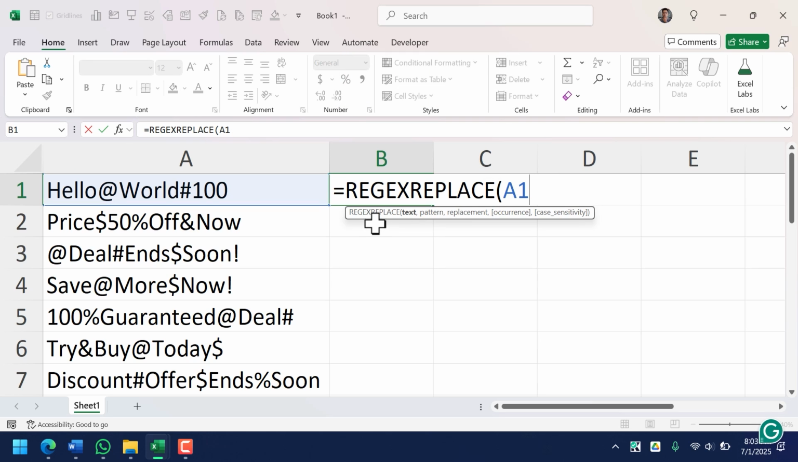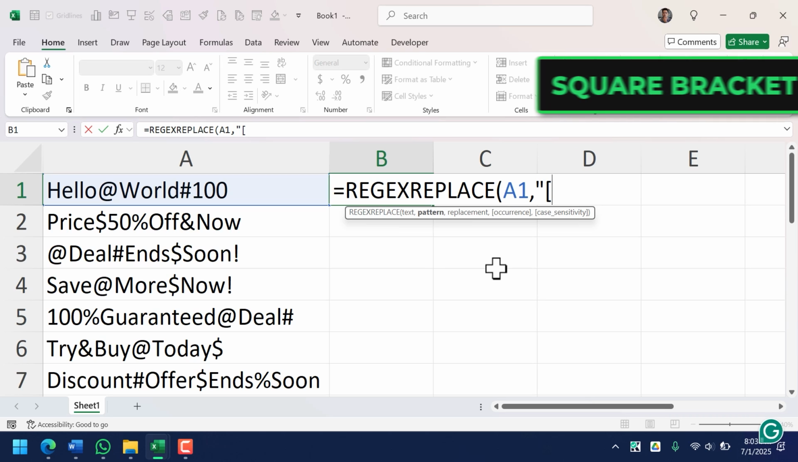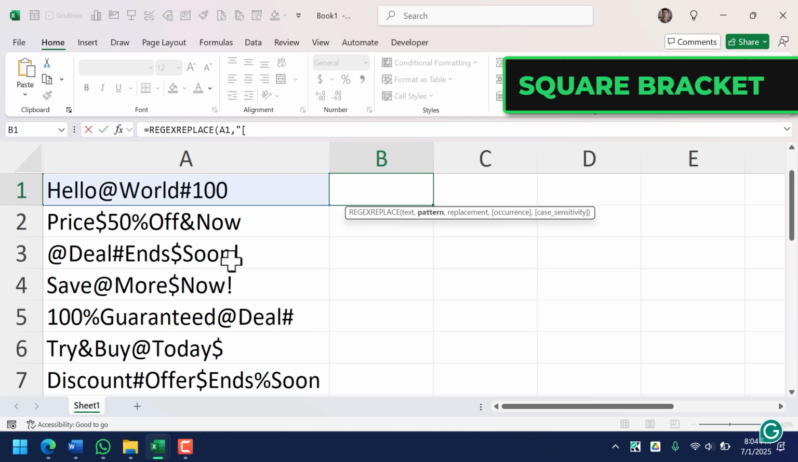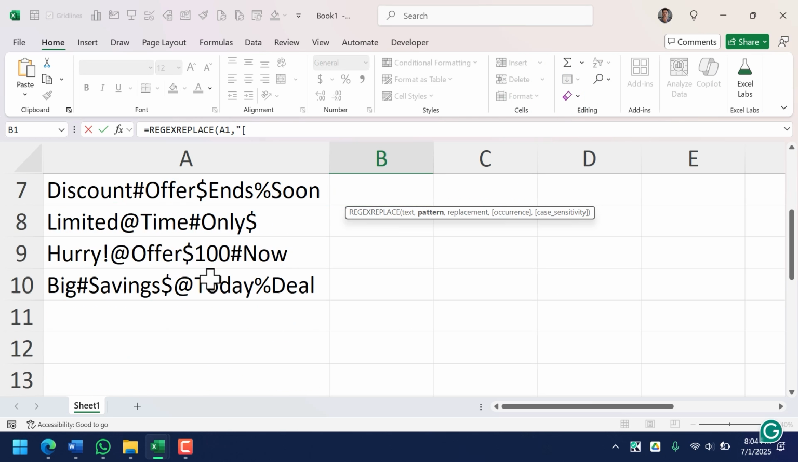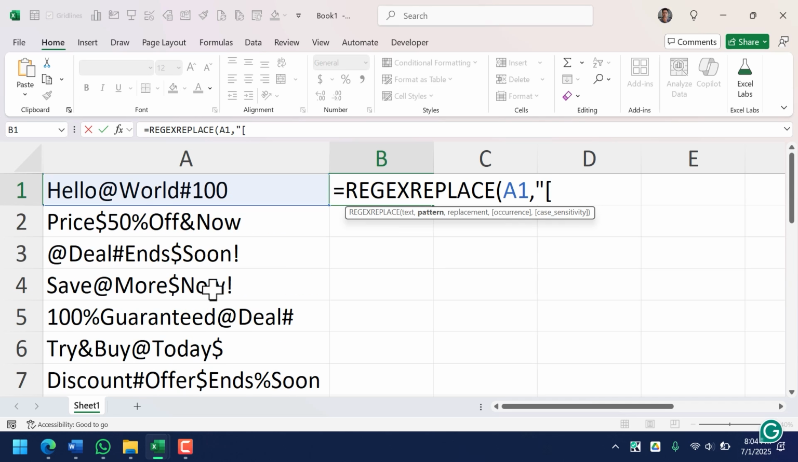So what I'll do in the first argument, that is text, I have specified my cell that is A1. And then in the second argument, that is pattern, I'm going to start with double quotation marks and then a square bracket. And after this square bracket, I'm going to specify all the characters that I want to replace. Now I have 10 different values, so I will add all the characters that I have here, which I want to replace. So I'll start with,